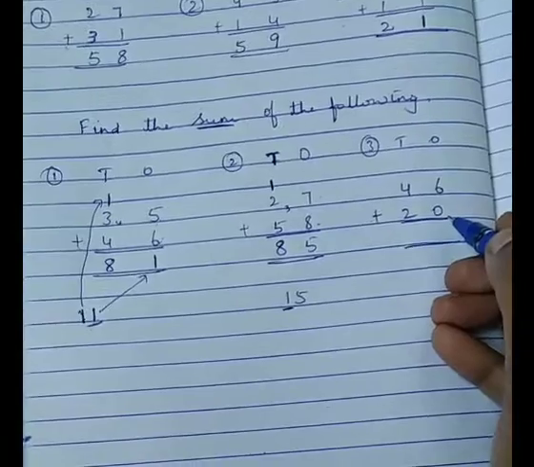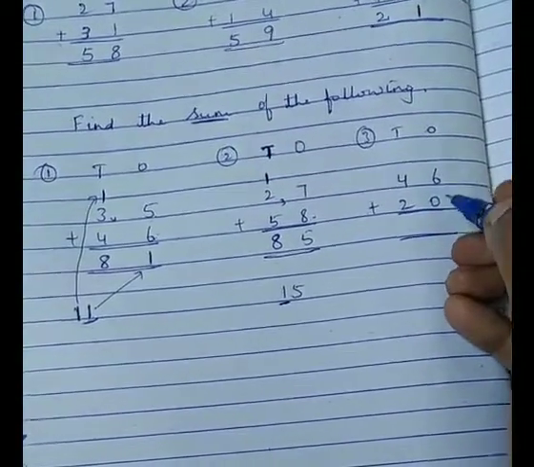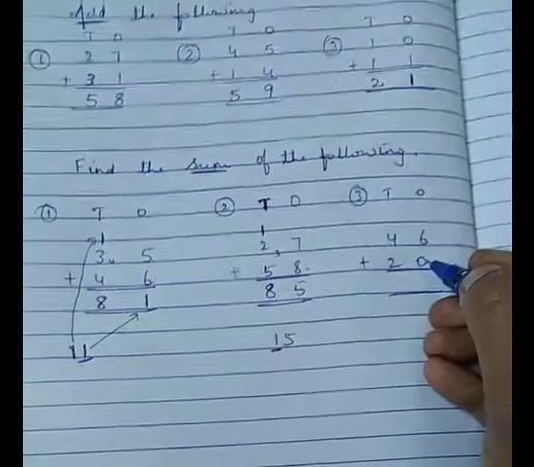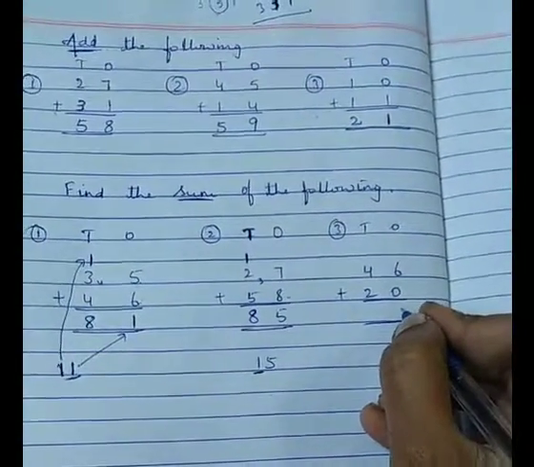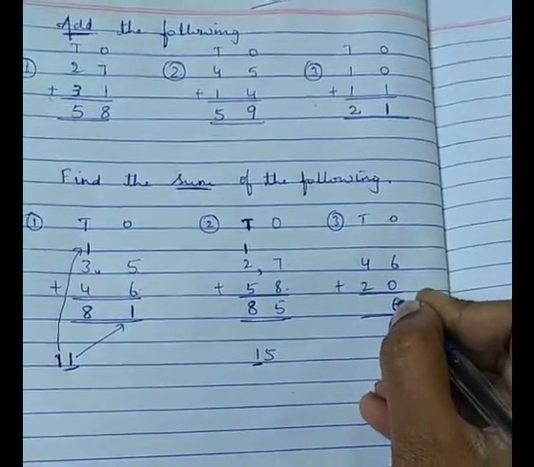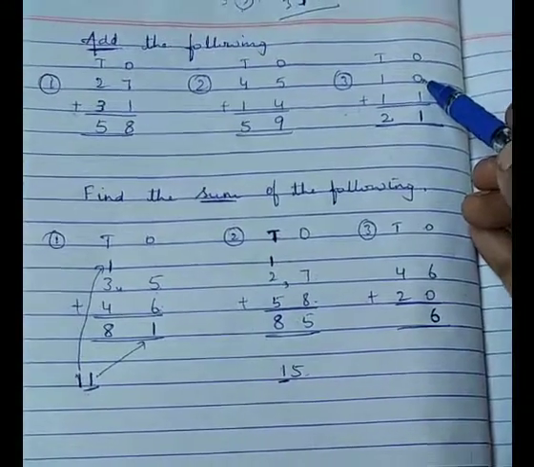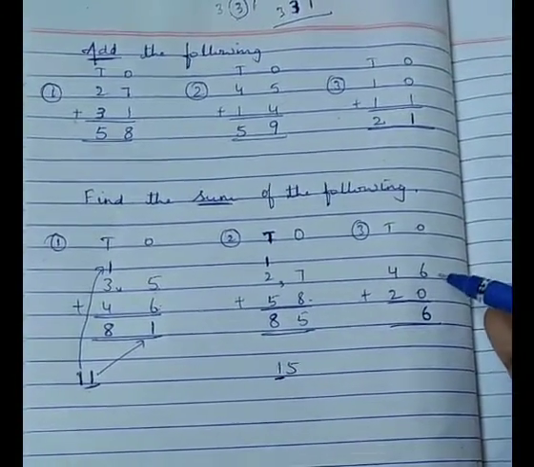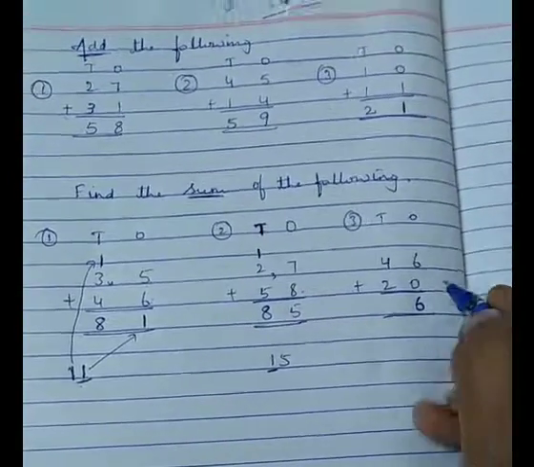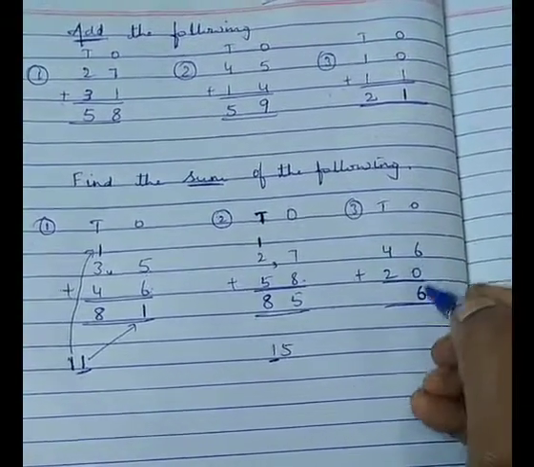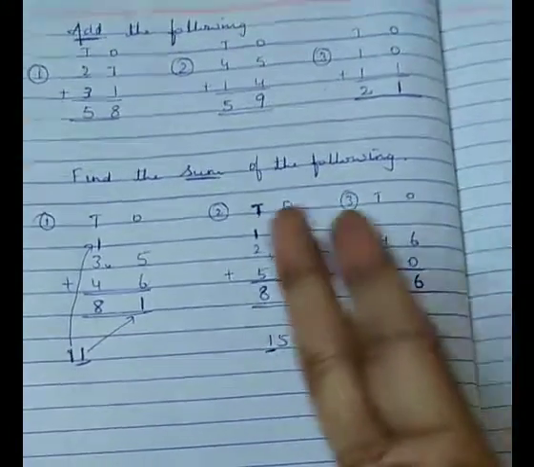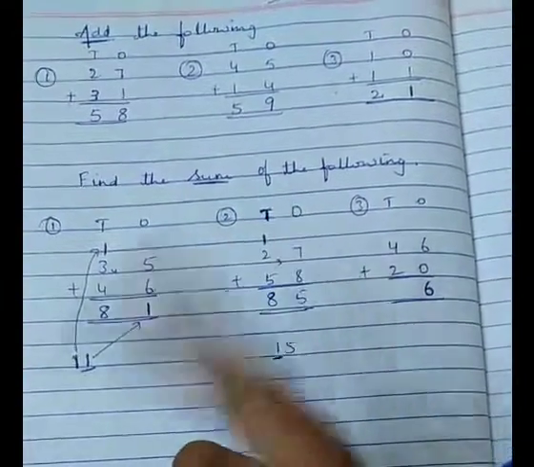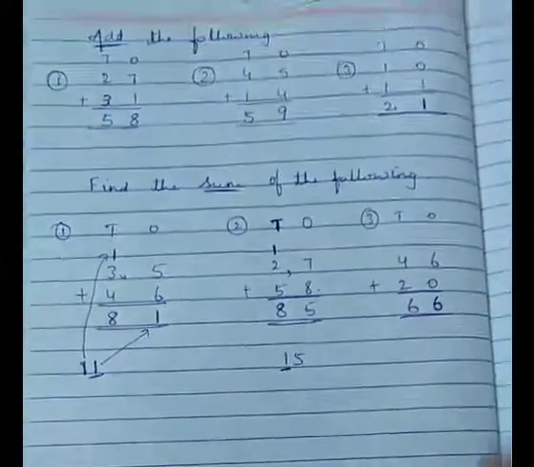46 plus 20. So you have to add first the ones place. 6 plus 0. So 6 plus 0. 0 means what? You are not adding anything. 0 means nothing. You are not adding anything. Okay. So the answer will be 6 itself. Either 0 comes up or down, in addition you are not adding anything there. So the answer will be the number itself. Okay. Then say 4 plus 2. 4 in the mind, 2 on fingers. So 4 afterwards, 5, 6. Answer is 66.